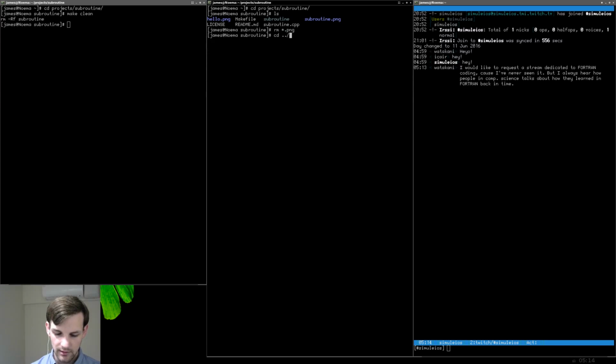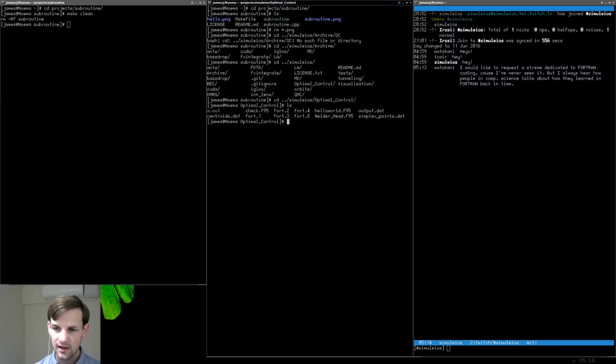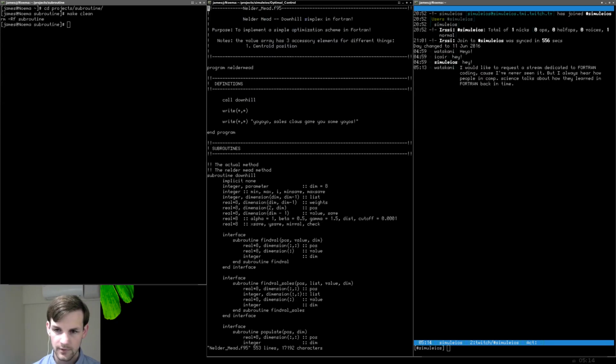Let's do Simuleos optimal control. No, it's going to be in archives optimal control. Oh, what? One second. I'm missing something. Simuleos optimal control. ls. And we should have a nilderme.f95. Okay. So,